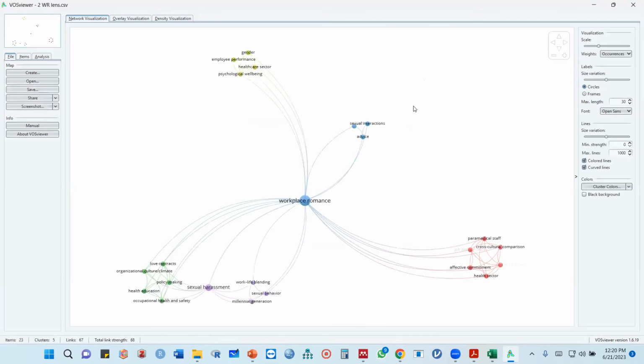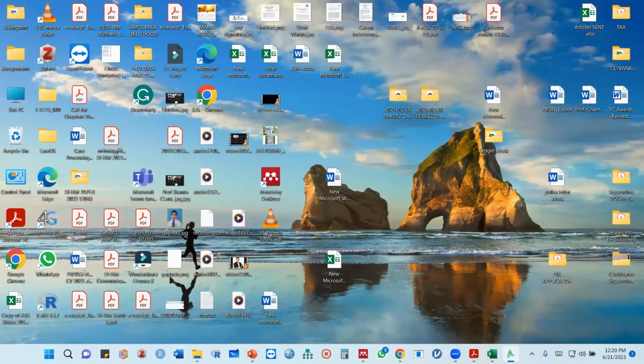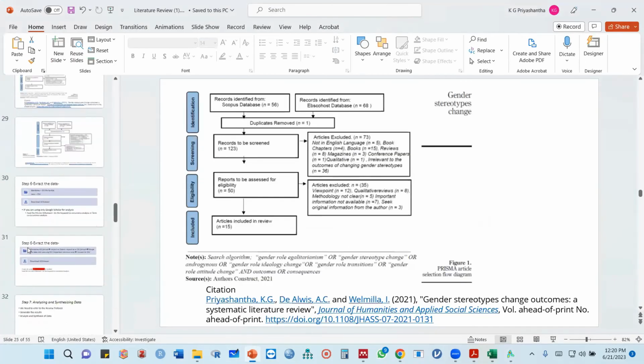And the same, since this is a different database, a different network is created, right? Now done. The next step is,